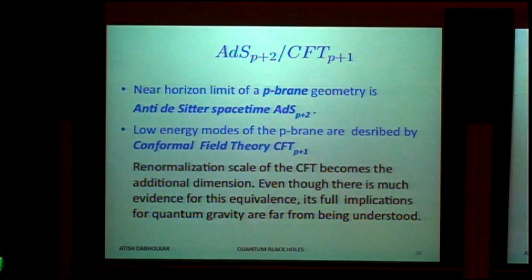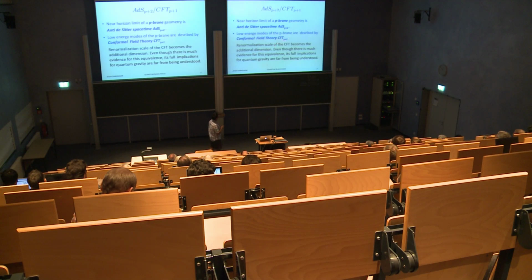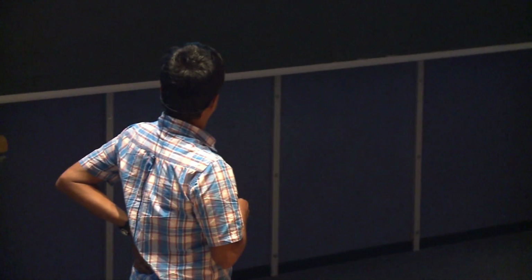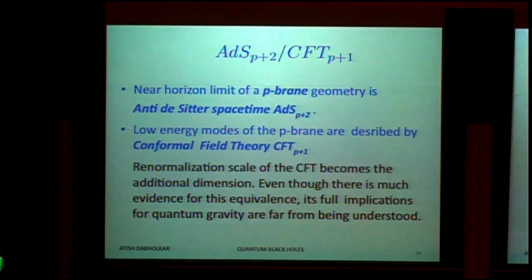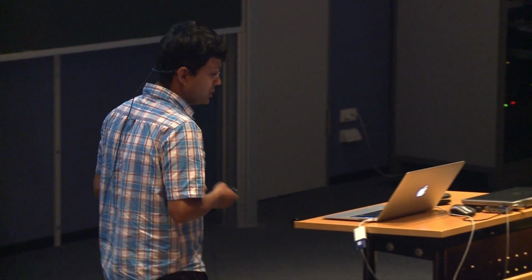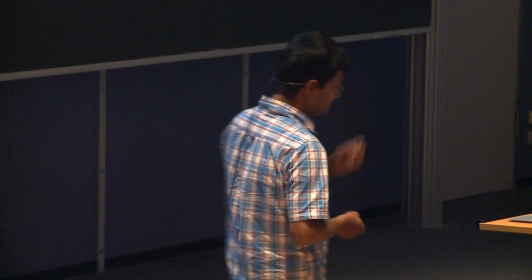And it comes from the renormalization scale of the conformal field theory, of the quantum field theory. It basically takes the form of an additional dimension, and because that quantum field theory is conformal, you have the symmetries of an anti-de Sitter space. Now, this looks like a completely shocking equivalence, and I would say that its full implications are far from being understood, but there is a lot of quite non-trivial evidence. People have done many detailed calculations, and somehow so far the equivalence seems to hold true in all the things that people have investigated. So there is a good reason to take it very seriously.